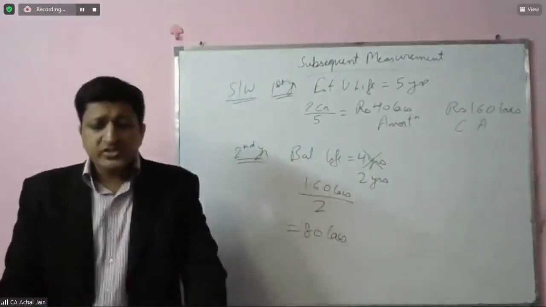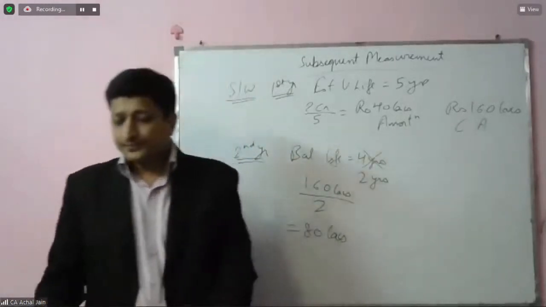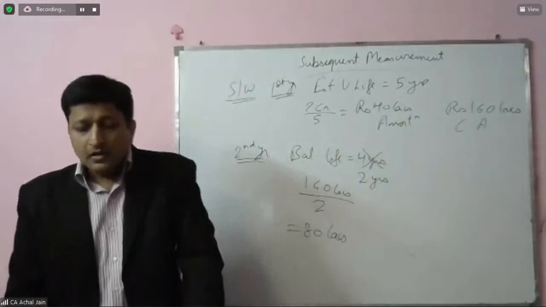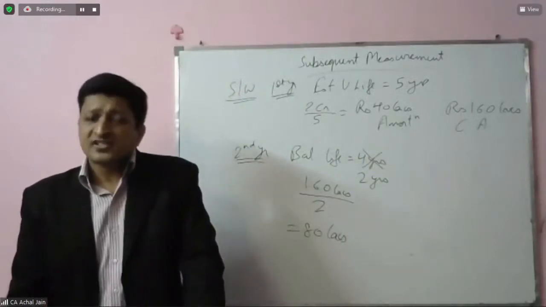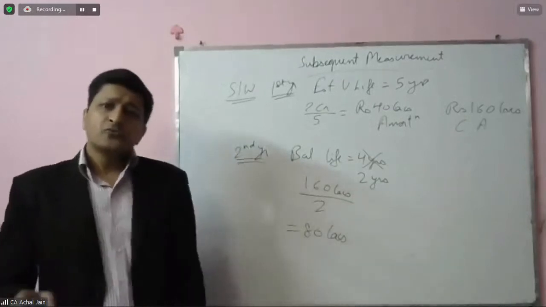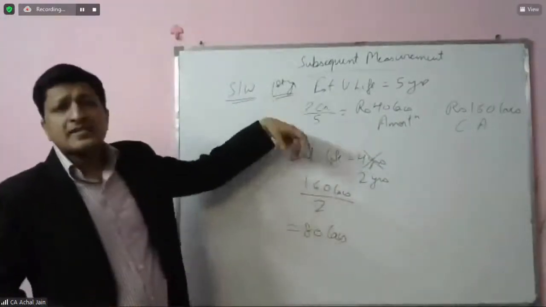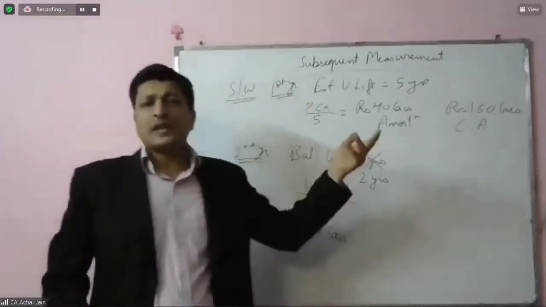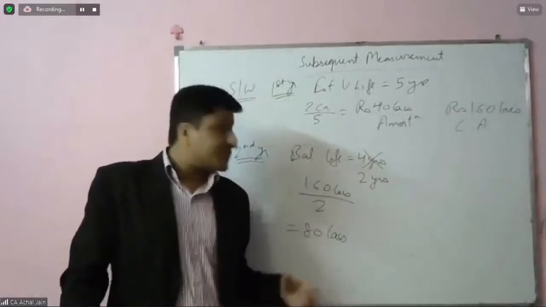I usually think a change in estimates will be dealt with according to AS5. See, in AS5 also, we discussed change in estimates and the prospective treatment. So it's the same principle. It's just that I'm touching upon this example of intangible asset for more clarity. Otherwise, you are correct.